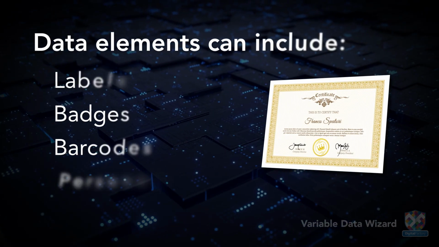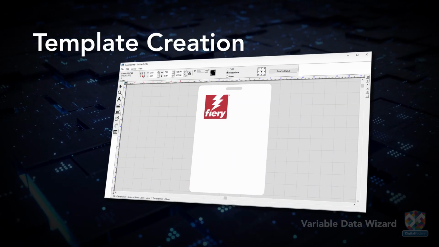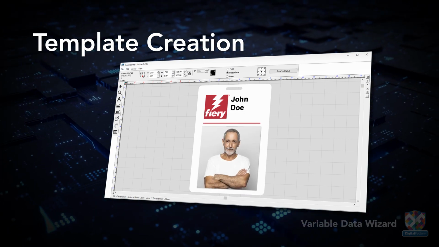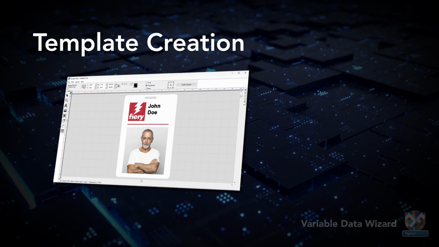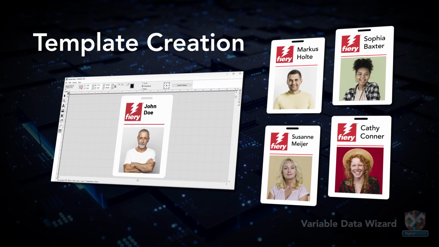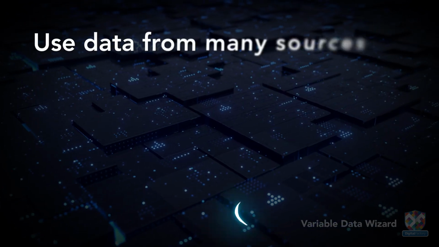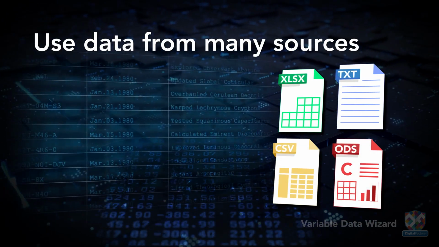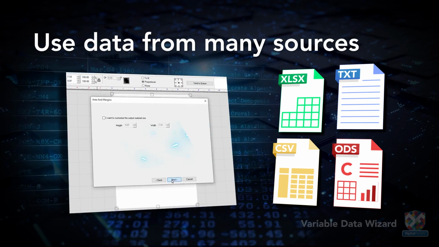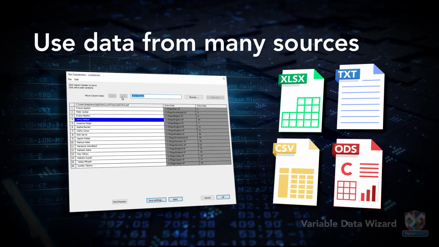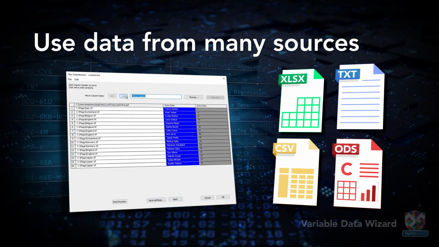VDW's template creation lets you create templates for production using a wide array of design elements and placeholders. These templates can be saved for future use, ensuring consistency and time savings on repeat jobs. With VDW, it's easy to import data from various sources. Whether it's from spreadsheets, databases, or even external files, the wizard seamlessly integrates with different data formats, allowing for easy